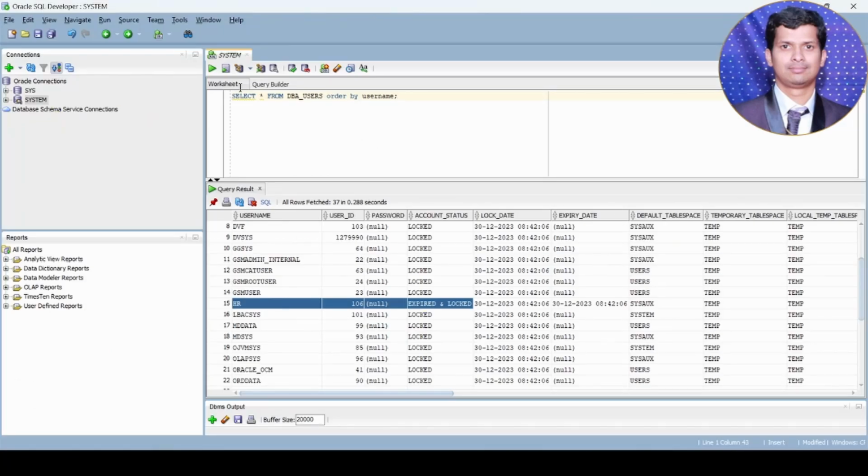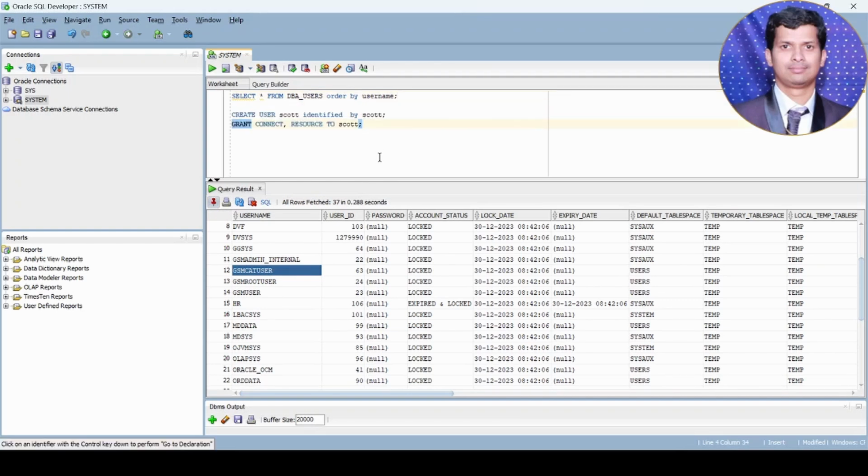For this, we can connect with system. I have connected with system. Okay. I just want to run. If I run the query, it will be displayed here. We can pin it so that the output will stay there. Okay. So now I have